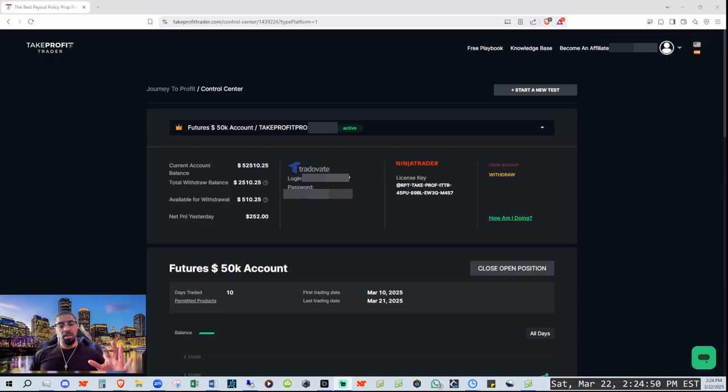The eval was a 2K end of day trail and drawdown. One thing with Take Profit Trader is their evals are end of day trail and drawdown. Once you move to their funded stage, which is either the pro account or the pro plus account, which is like their live account,